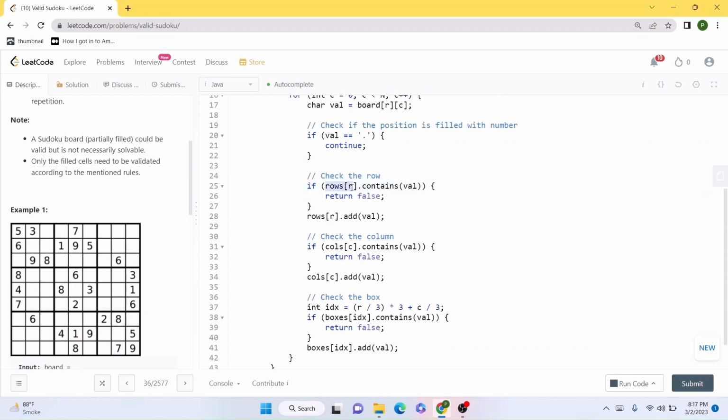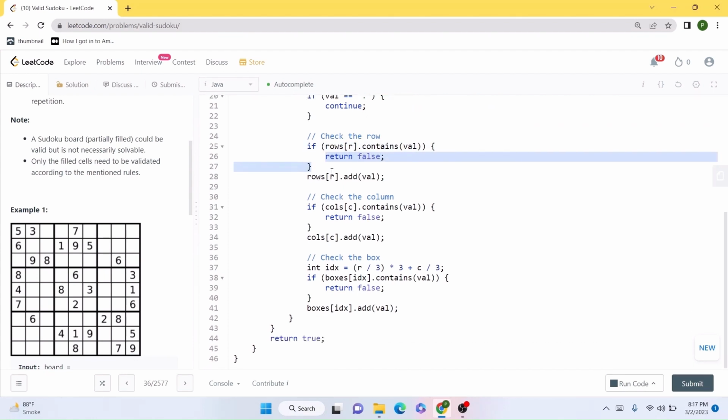First we are going to check whether for this particular row hash set, this value is already present. If the value is already present, we can simply return false. If that is not present, we are going to add the value to that particular row hash set. Same thing we are going to do for the column: if the value is present, we are going to return false. If the value is not present, we are going to add that value to that particular subsequent column's